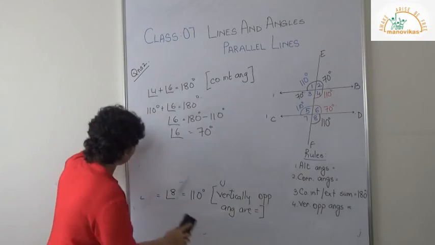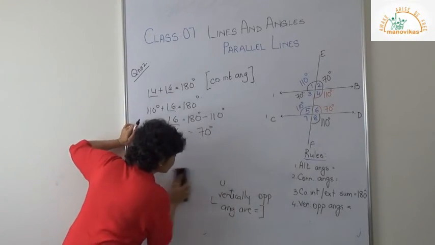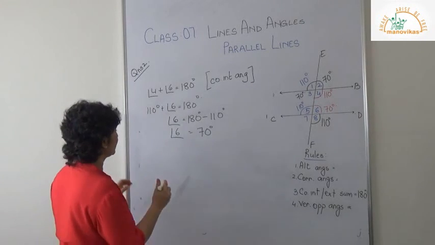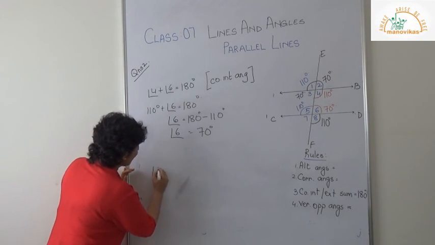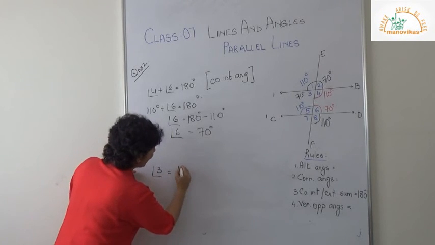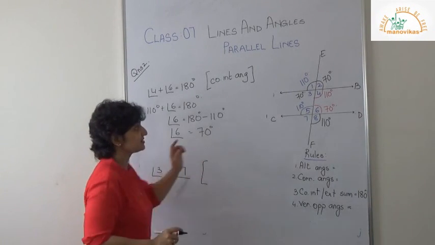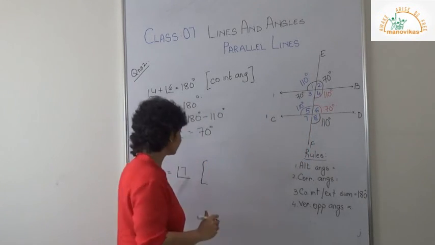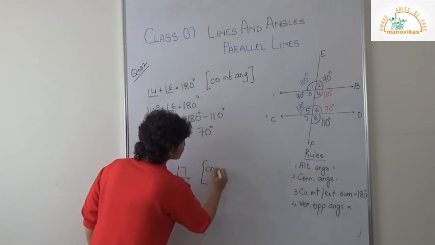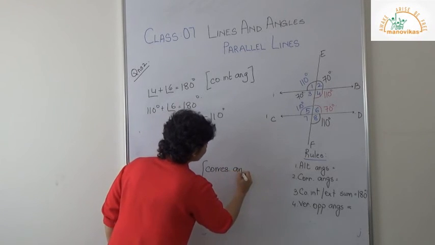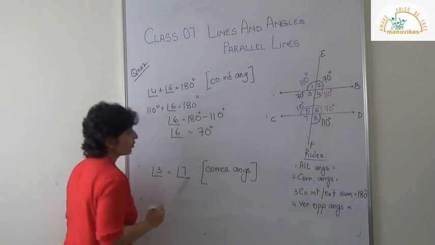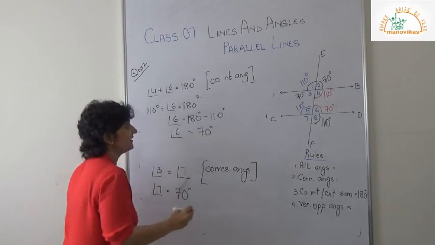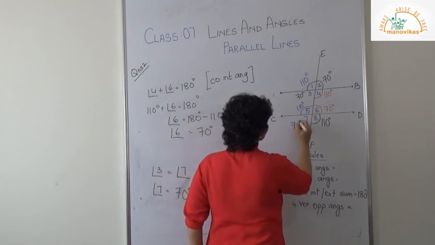Children, can you tell me? By guessing, you can use the 70 itself and let's do it. Can you tell me what it is? Yes, now let's see. Angle 3, I say, is equal to angle 7. Can you give me the reason? Here, 7 and this also is the 7 shape. So what is that? These are corresponding angles. Correct? So your angle 7 is equal to 70 degrees.